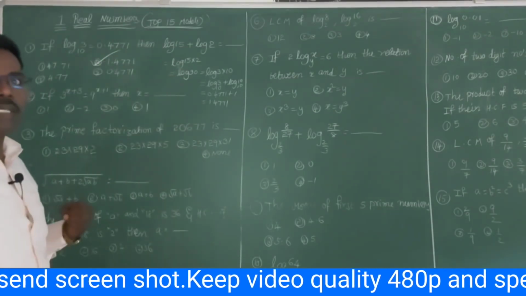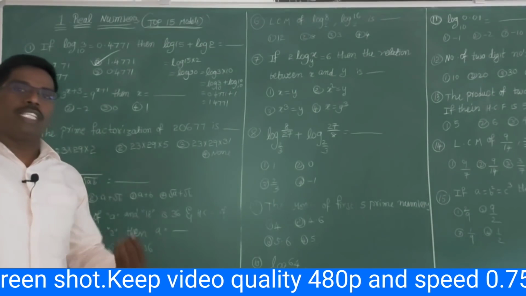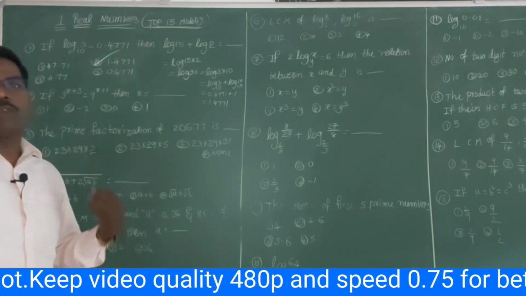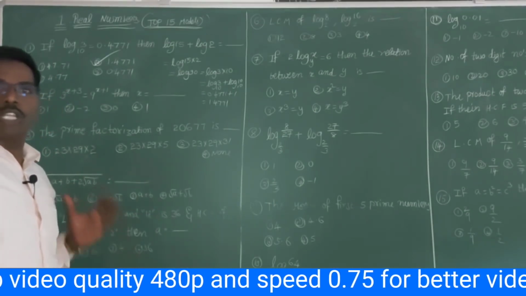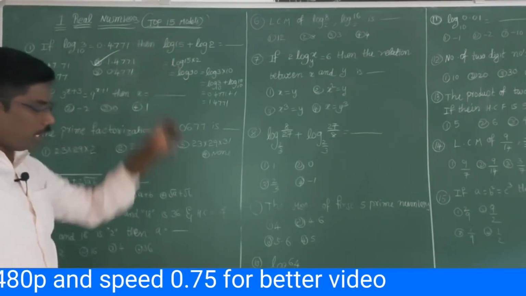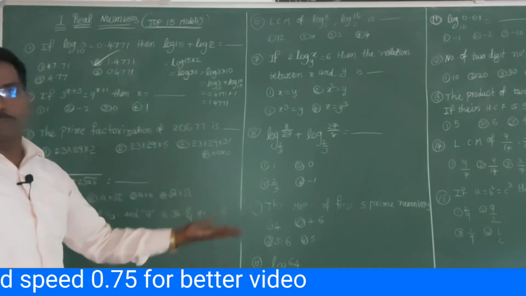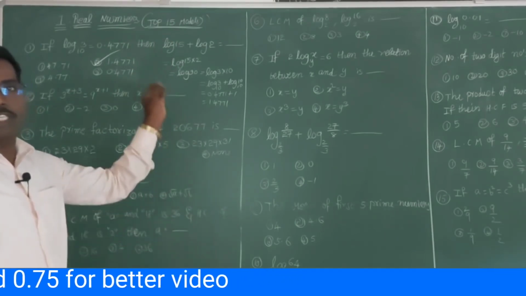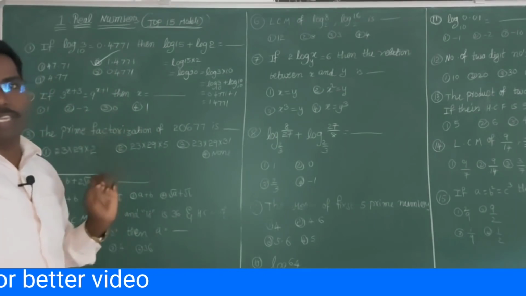So 1.4771 is the second option. Here my main concept is, whatever it may be, Polytechnic or IIT or IIIT, we have to do the sum beside the sum only. We should not write it again in the rough work or on the last page of the rough work. We have to write the solution beside the sum only. That is the main concept.